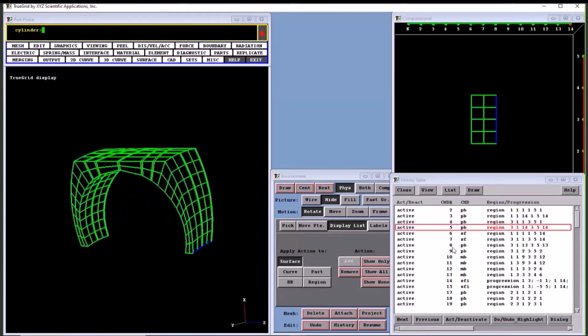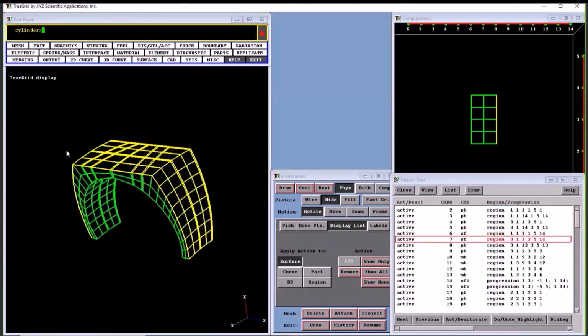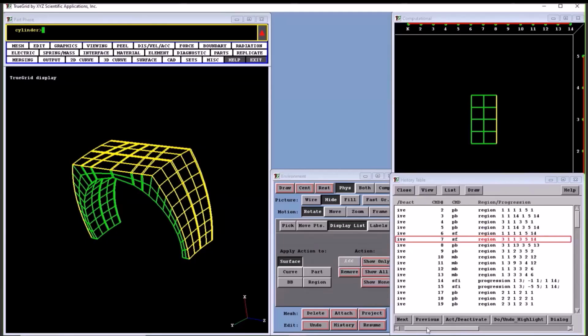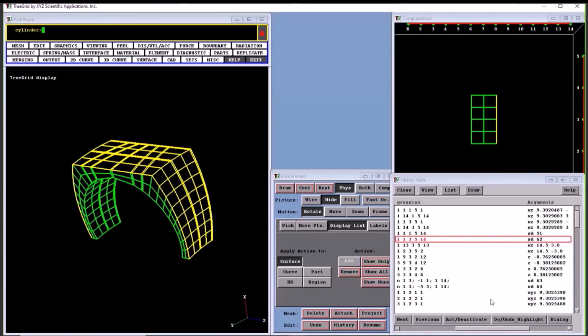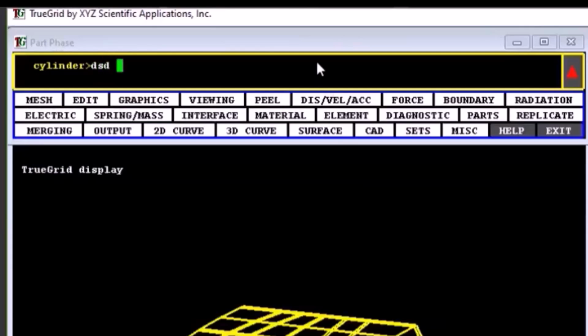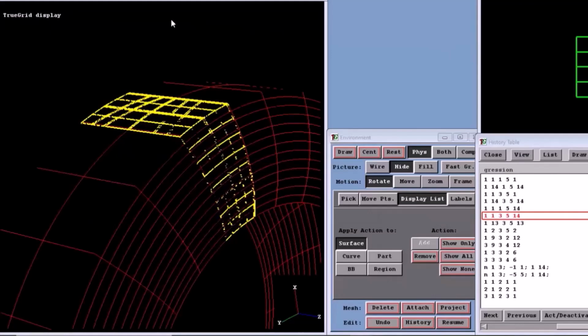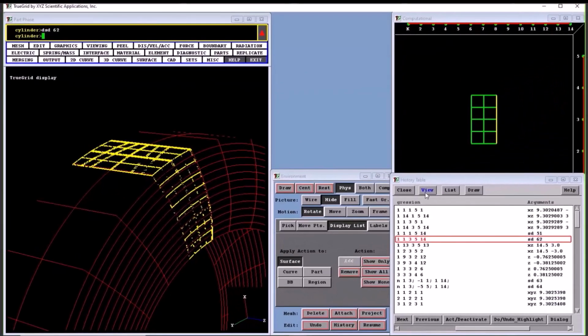And then I did a projection, SF. And I projected the entire interface to the torus. And then I projected the outer face to another surface. Let's look at that surface. It's probably a rotated 2D or 3D curve. It's surface number 62. So I will display surface definition number 62. And that's how it was formed, was by building a curve and then